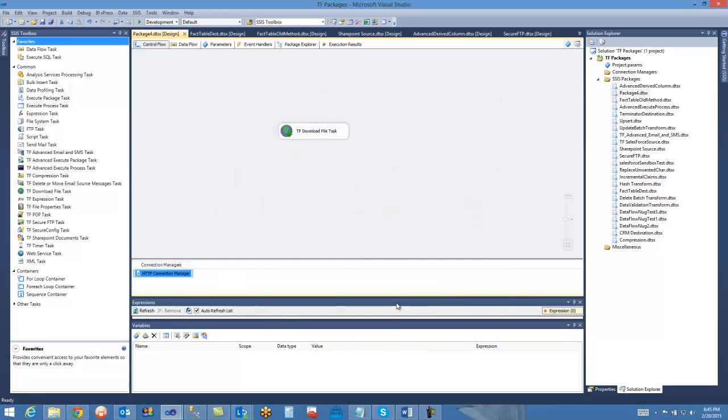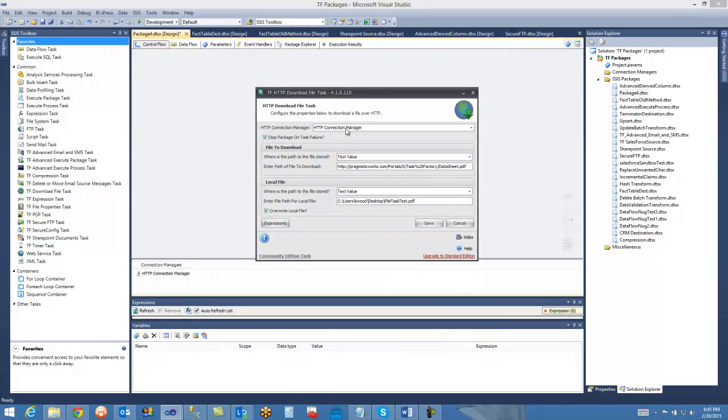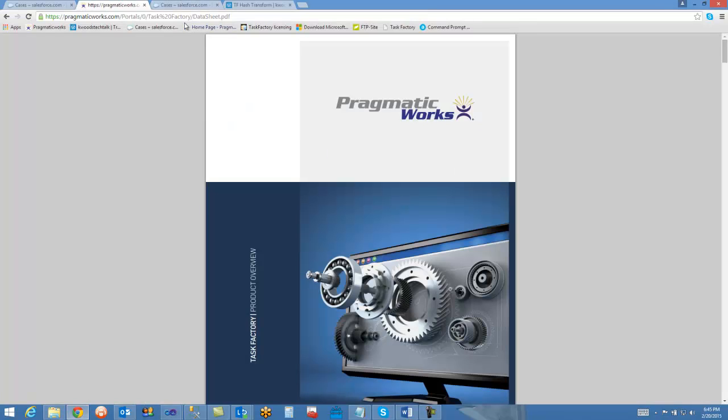Click OK. Click OK. Open up the component, and we see that we have our HTTP connection manager already set. Now, I've already pre-populated all of this information, but we'll jump right back into this. Now, the path to download the file. Again, this entire file path